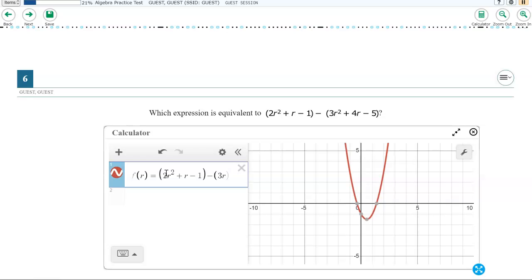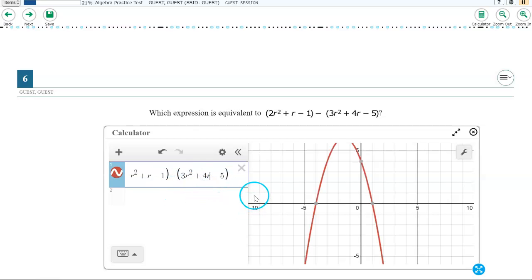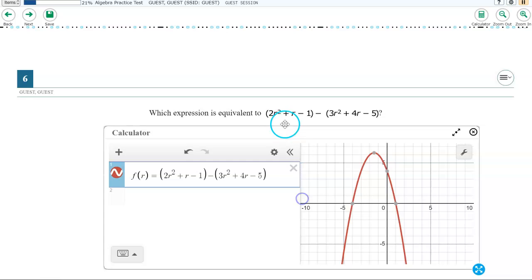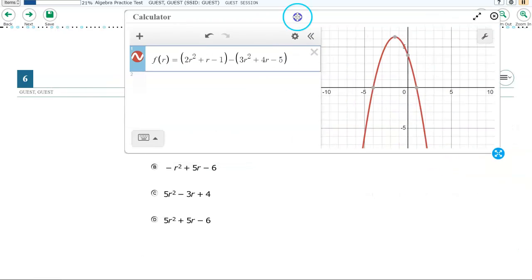All right, I'm typing in this entire expression in one row. Wait a minute, that's not 44, that's 4r. All right, I'm going to double check it. Let's see if I can pull it over. 2r squared plus r minus 1 minus 3r squared plus 4r minus 5. Okay, that's good. Now, I do see a parabola in the graph, so the goal is to find a function